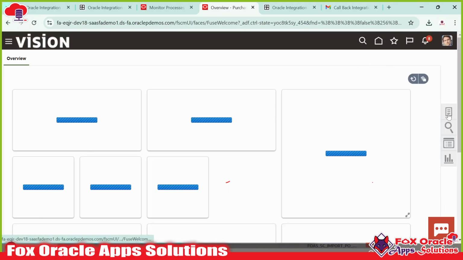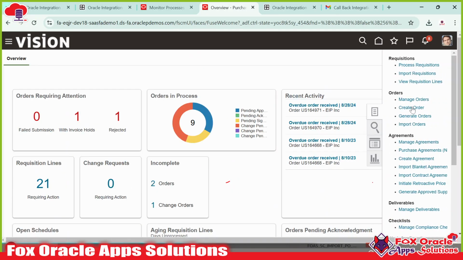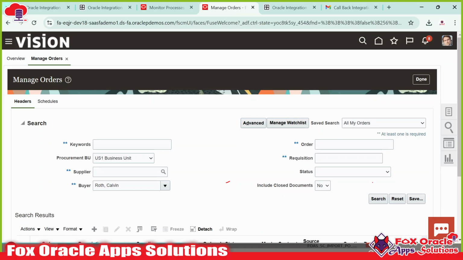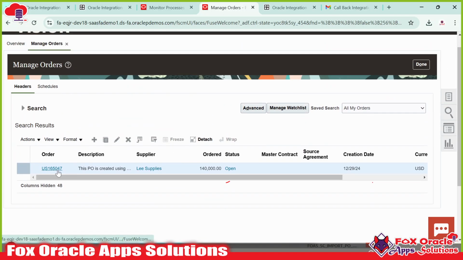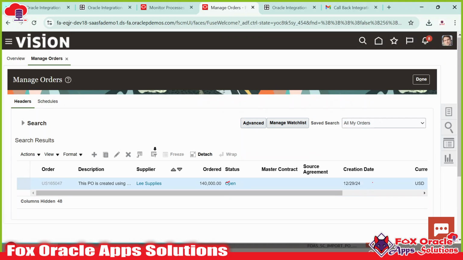Yeah, so just navigate to the task, and we have to go for manage orders. Manage orders for the purchase order, and I can show you by searching the purchase order here. I will not select the user because this is a different user who created the purchase order. If I show you that, you can see purchase order 047 got created and is in open status. This is the same purchase order we created using our integration,